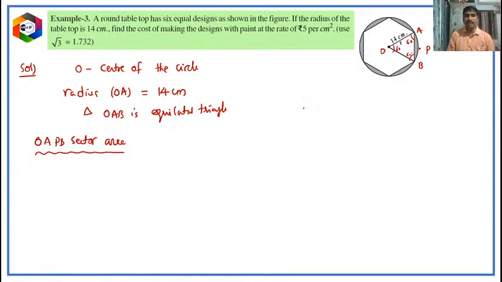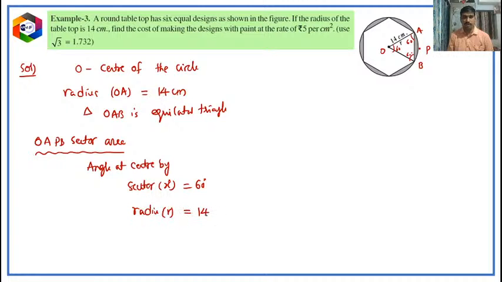Now to calculate this, first the angle at the center, the angle bisector, this is x degrees, which is equal to 60. As we discussed, this is an equilateral triangle, and the radius is also given, r is equal to 14 centimeters. Okay children, now that we know the radius and the sector angle,